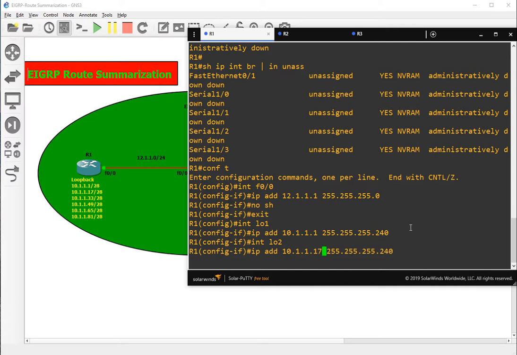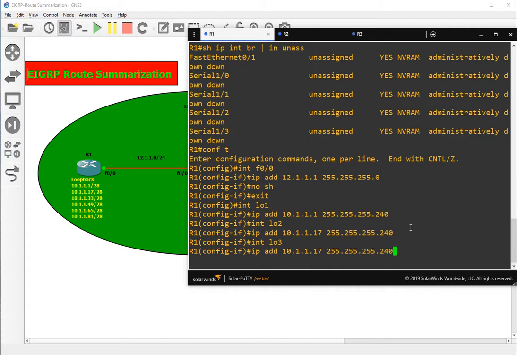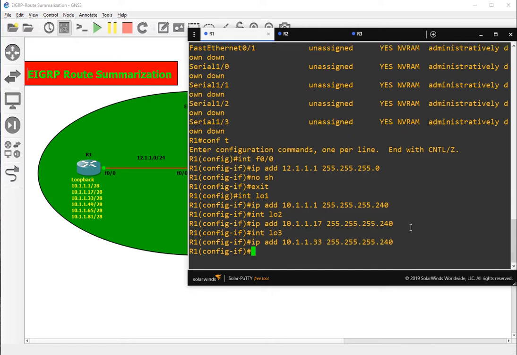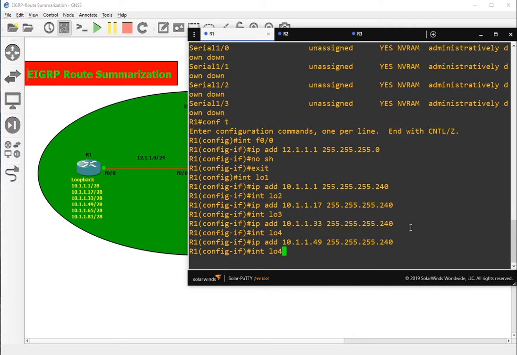Okay, and for loopback 3 the next network will be 32. Valid hosts will start from 33, and the next network will start at plus 16. 32 plus 16 will be 48. Valid host will be 49, right?